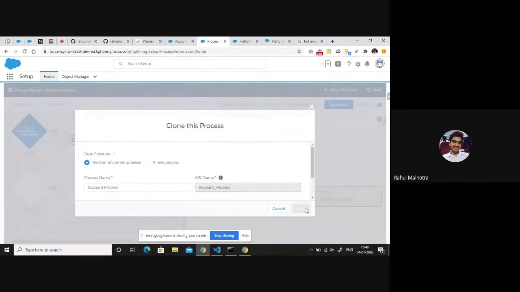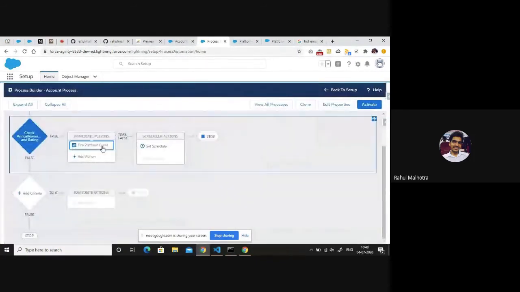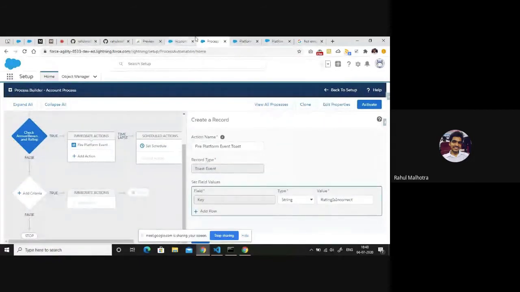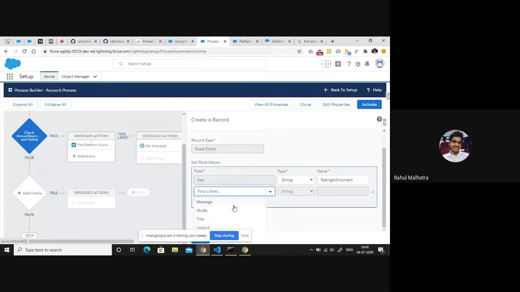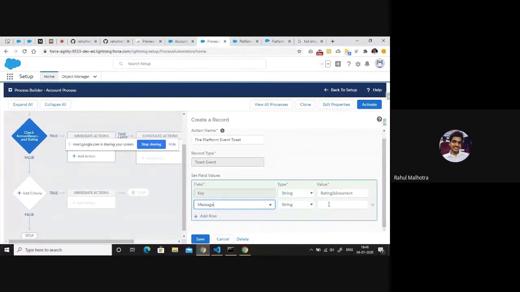And apart from that, the one last thing that I want to show you is that in case you are setting some messages from your process builder, then it will override the messages that you have in your Lightning component. So there are two options. Either you can set your messages from the Lightning component itself, or you can set the messages from the process builder as well. So if you don't want the Lightning component to be editable, you can simply set the messages from here. Like I set the messages, this is a warning message, like that, right?